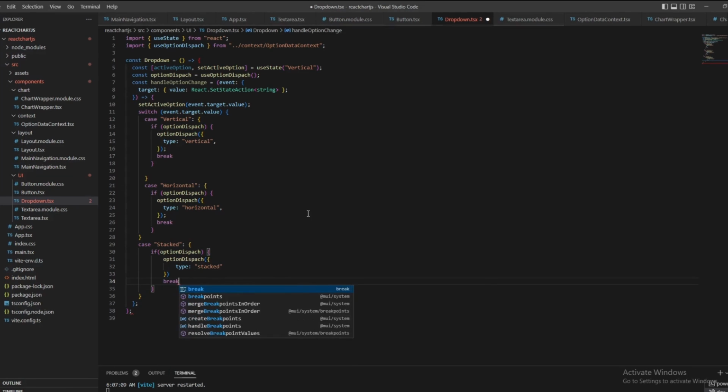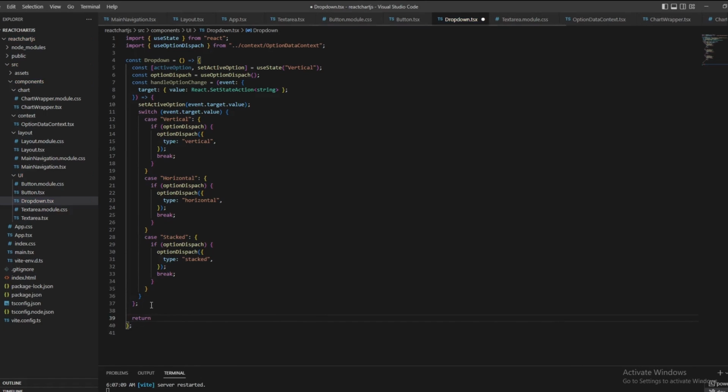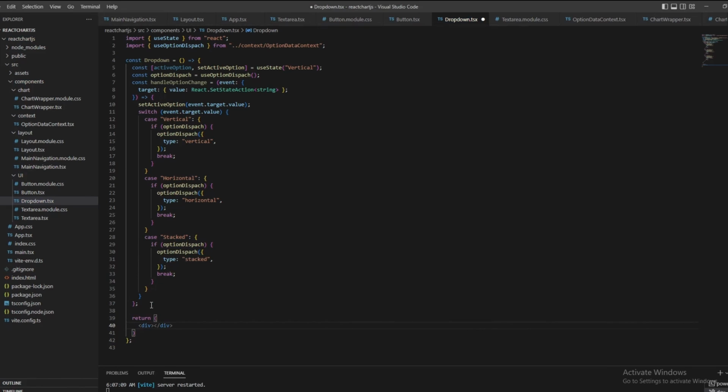And of course break, and everything should be right now okay, I think. Why do I still have this? Okay, this closes here, and yes, we must have another parenthesis. Okay, so right now our handler option change is correct, and we must return our div that